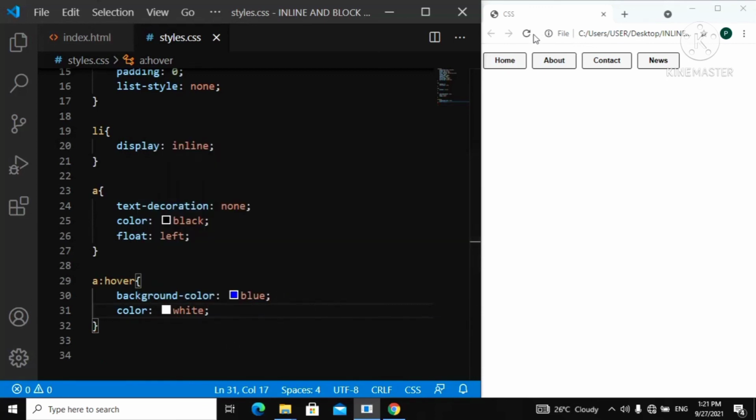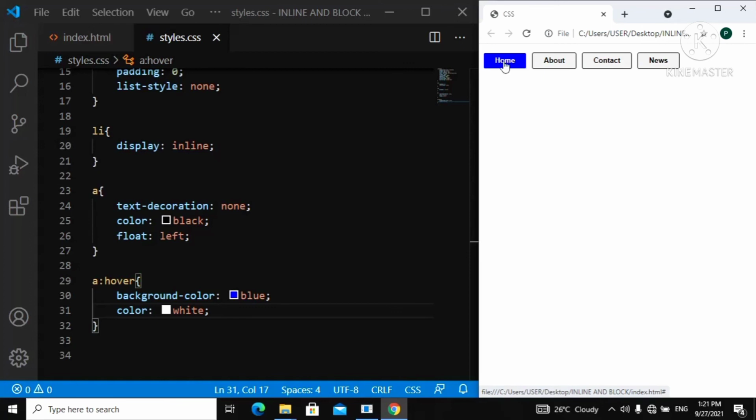Now if you refresh this and hover over this, you can see we have a beautiful button. You can see the hover effect, the background color of blue and a color of white. So we have a beautiful hover effect now for our button. So this is how to create a button in HTML and CSS. We have successfully created a beautiful button here. All right, that will be it for this video. I will see you guys in